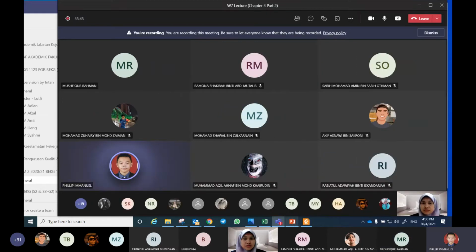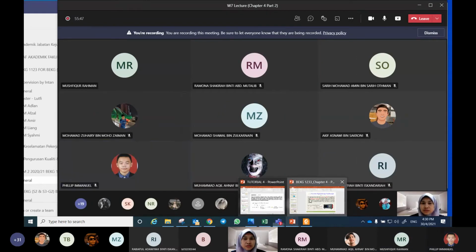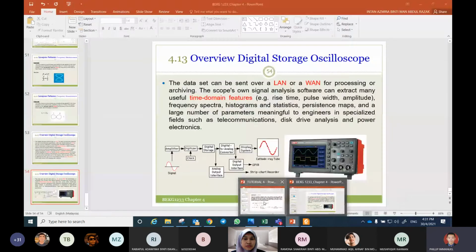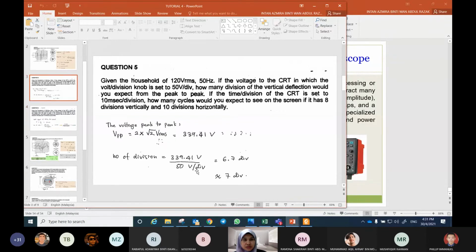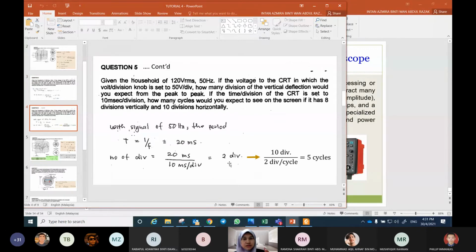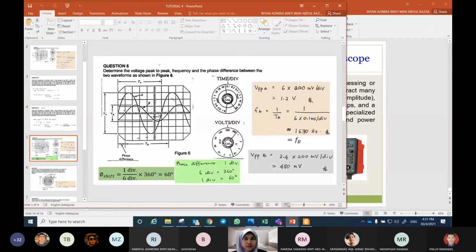I thought period and cycles are different. Okay, so please add another 2 cycles, and please show there are 7 divisions on vertical axis and 2 division for each cycle. Okay, so we go to the next